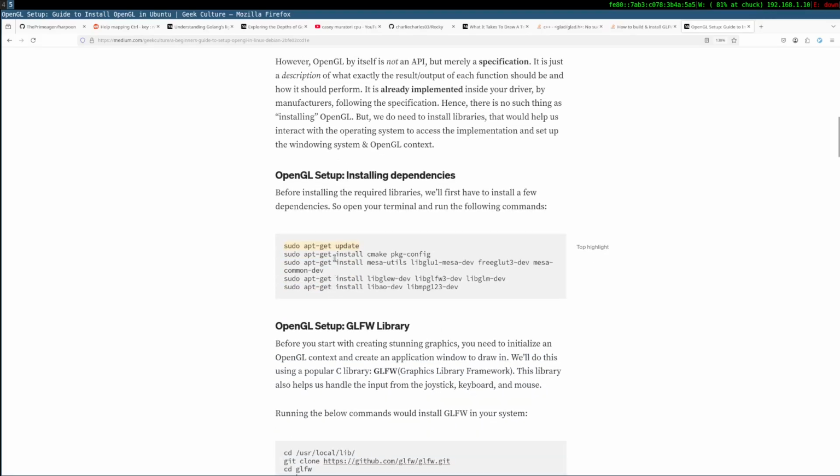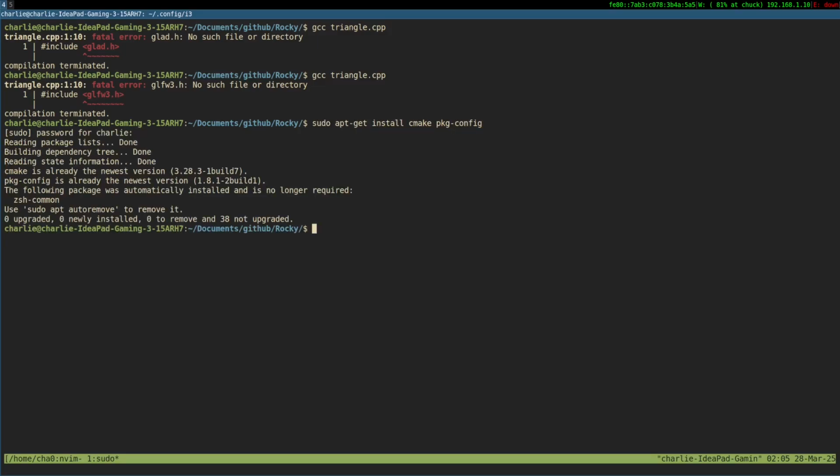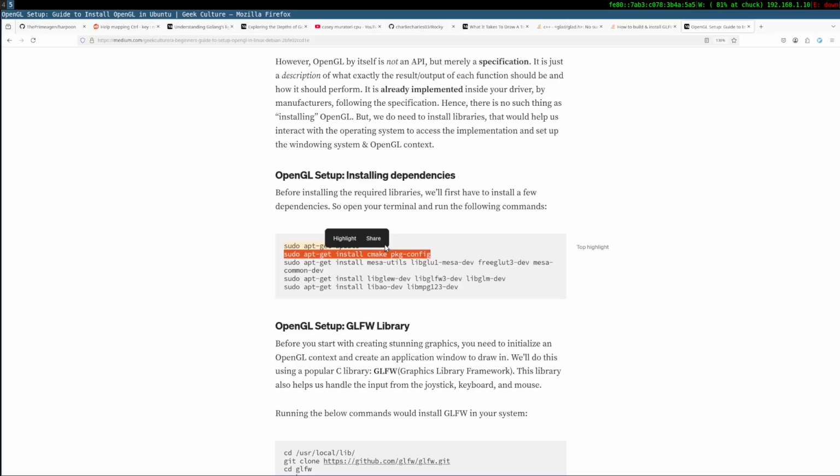Okay, I need to install CMake packages. And yeah, install Mesa utilities, libgl1-mesa and common defs.